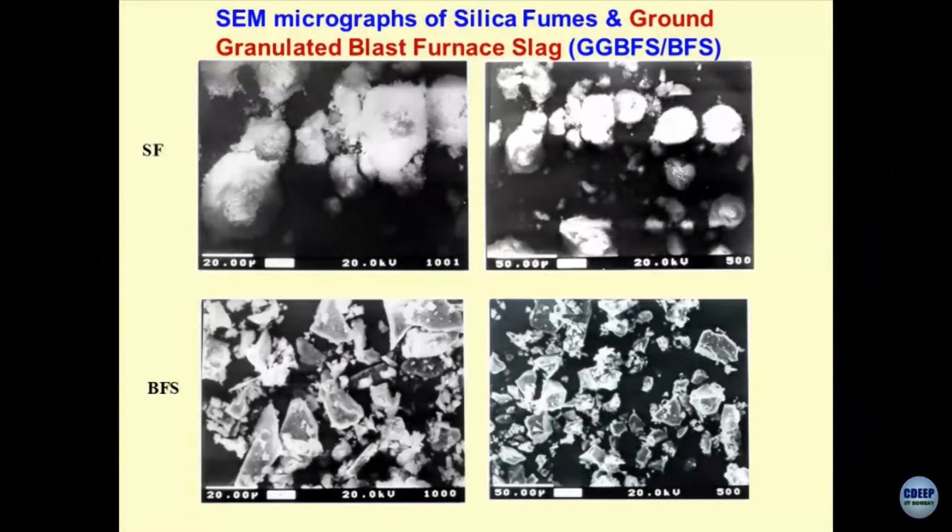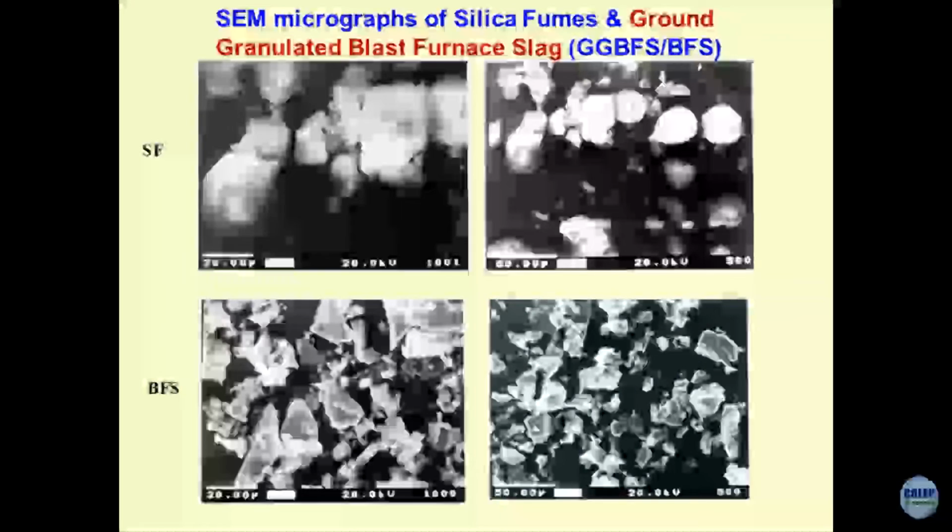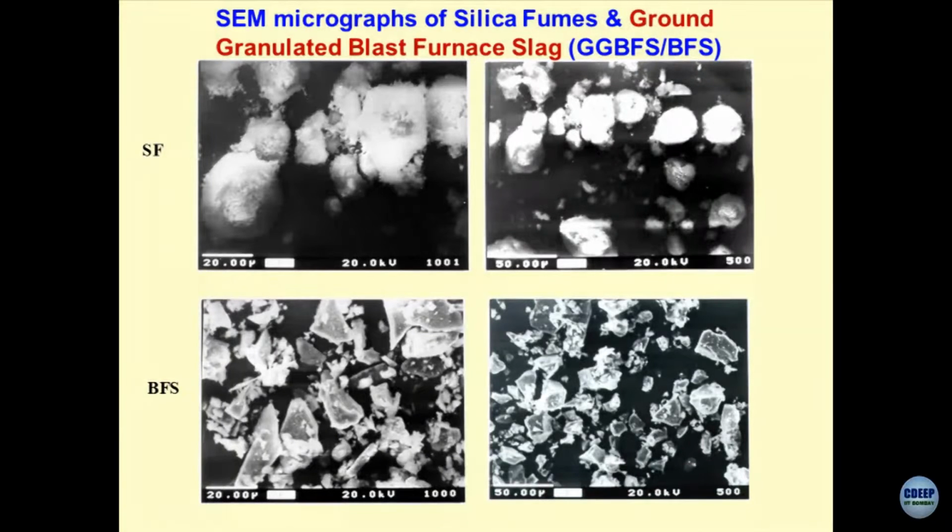This is a view to show you how most of the man-made geomaterials look. We have been talking about blast furnace slag and silica fumes in the previous lecture. One obvious question is, if you want to understand how to use a material for a specific project, you have to look into its microscopic structure.